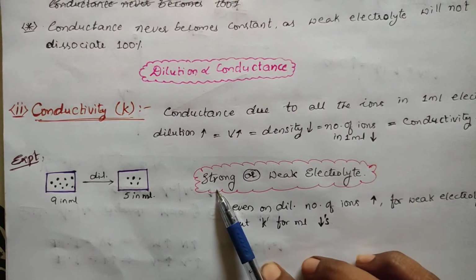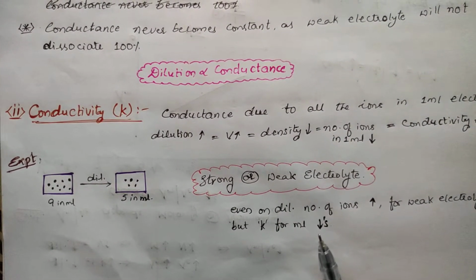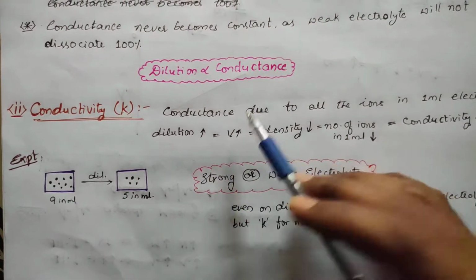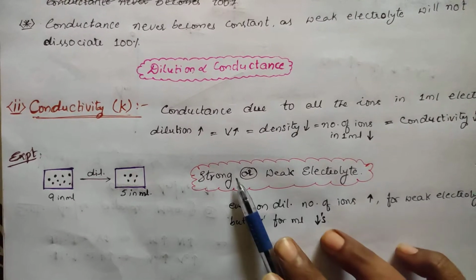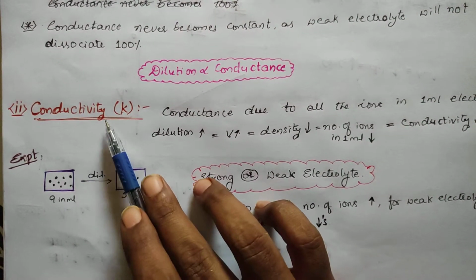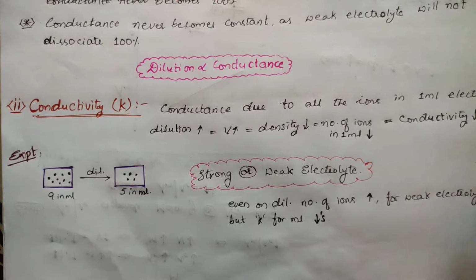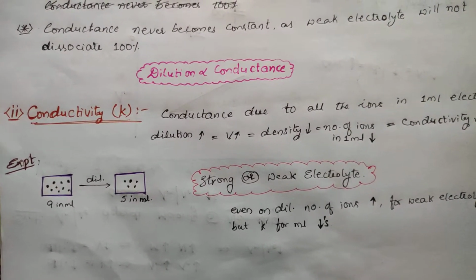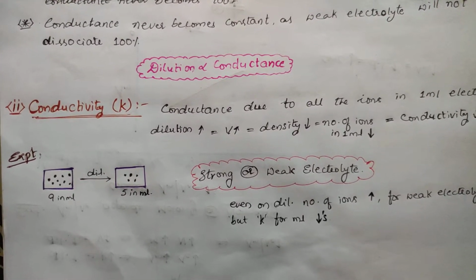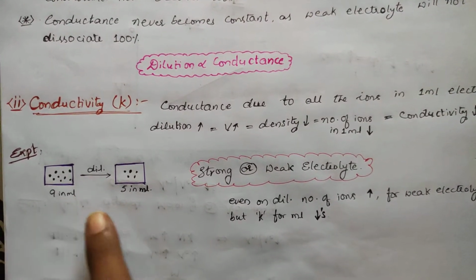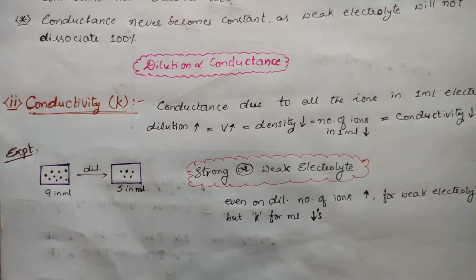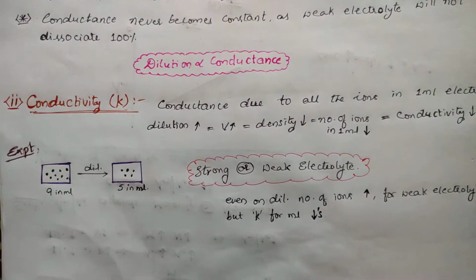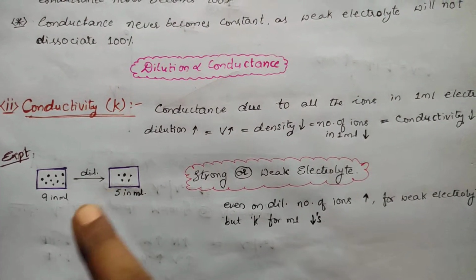So it may be a strong electrolyte or a weak electrolyte. Per ml on dilution, what happens? It decreases. Okay, this is the condition. Don't go for conductance. Conductance, what happens? Conductance increases. Now you will be getting a doubt. Sir, on diluting, the number of ions also will be increased. Then here instead of 9 you will be getting some more ions, no? Here 9 are there. If you increase the volume, you will get some 15 or 16 molecules. Again, if you see per ml, it will be constant, no?